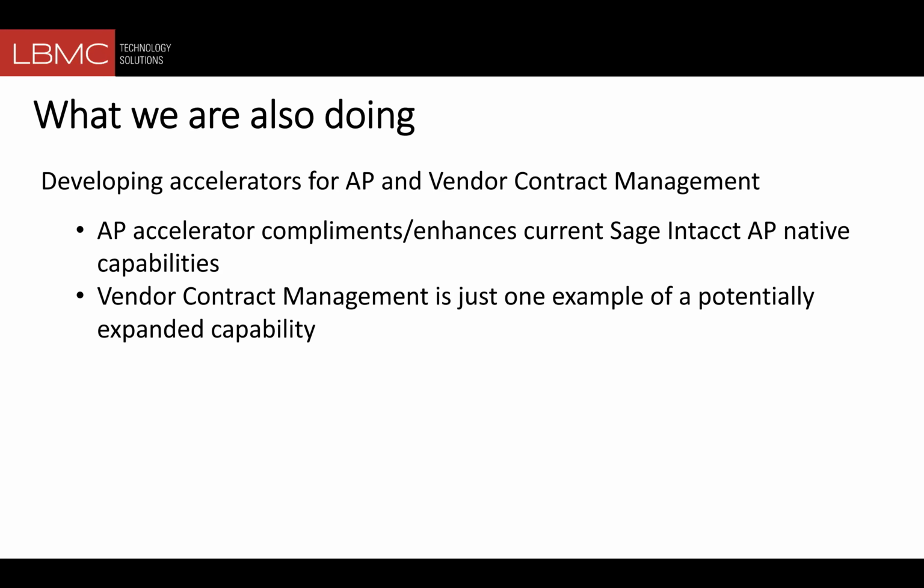A couple of notes on that before I dive in and show you the visual. We really see this accelerator as an opportunity to complement or enhance what you might be doing with AP overall. And you'll see that in the visual. We don't see this as an alternative. We see anytime you run into questions or like, I wish I could,